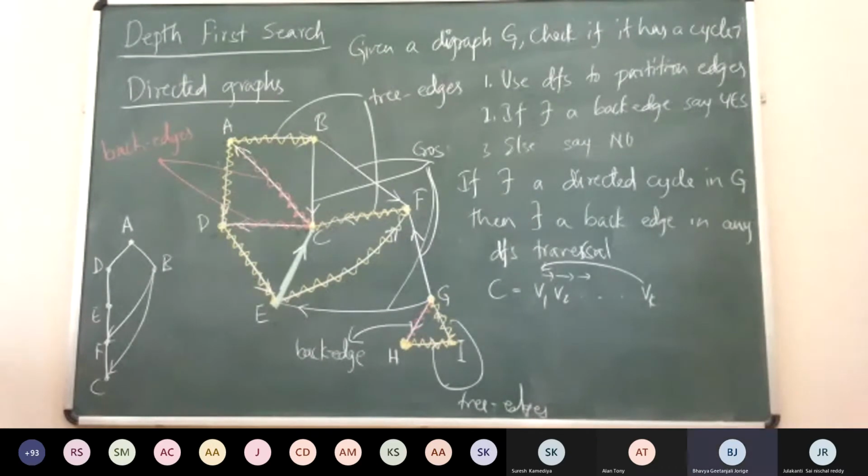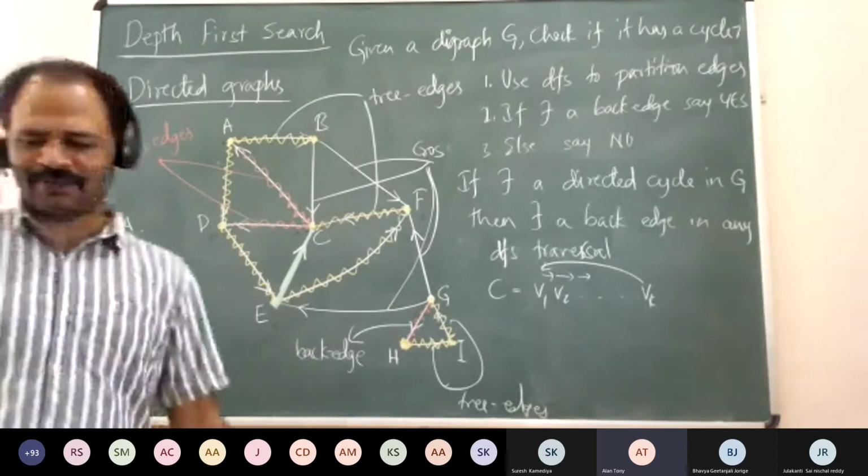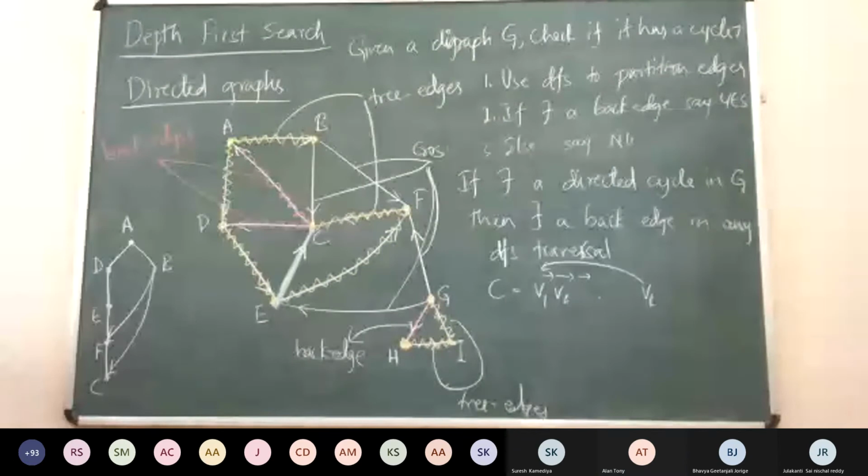Because see, this is a directed graph, right? So there might be some directed cycle sitting somewhere and we have not captured it in our DFS. Yeah, I think that will be a proof for if a back edge exists, then there will be a cycle, rather than if there's a cycle, a back edge exists. Yeah, that we anyway proved. If the back edge exists, there is a cycle, that is easy. Yeah, that is much easier, right?